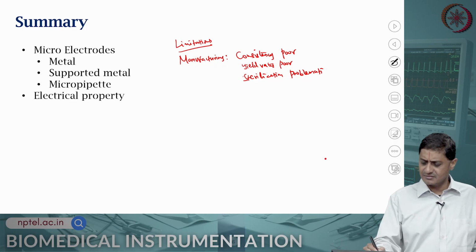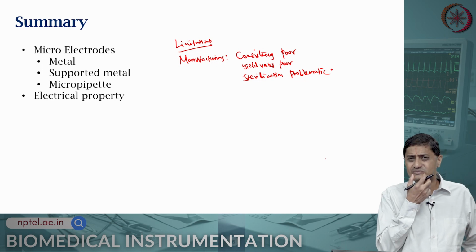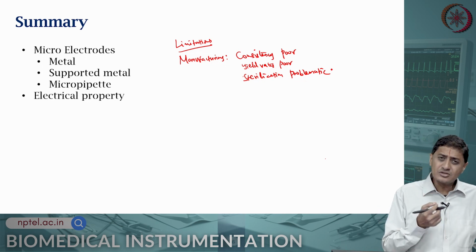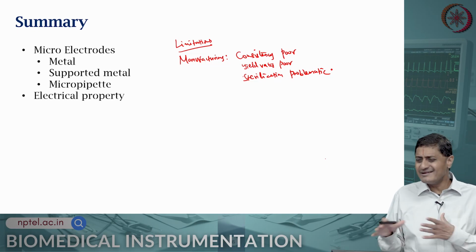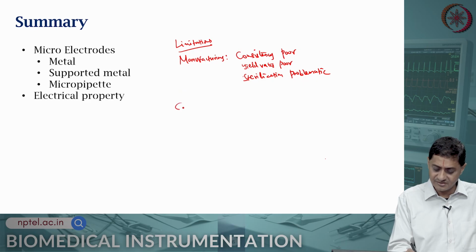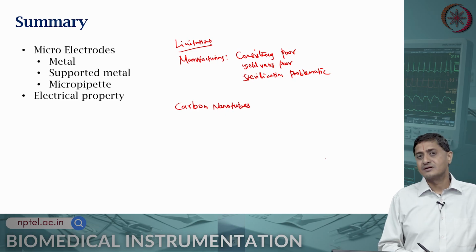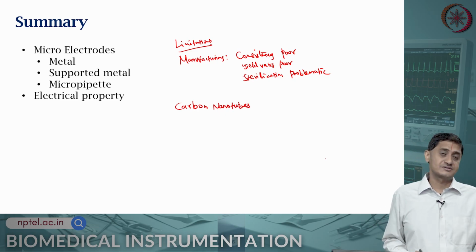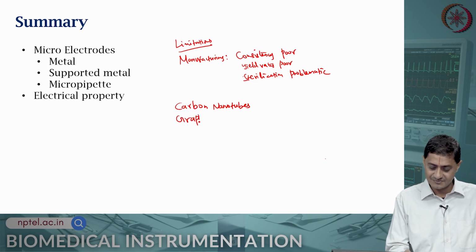What are the current microelectrode fabrication techniques that are still under research but not yet used in the field? Carbon nanotubes. What is the future looking like? Carbon nanotubes based electrodes, graphene electrodes,